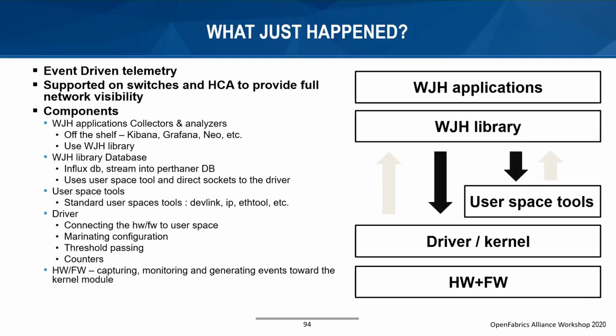The user can do whatever they like with that. The small box on the right side, the user space tool, brings me back to the first slide, where I said that we try to do everything inside the kernel, but if we can't, we do some stuff in user space. Currently for What Just Happened, we didn't add anything to the user space tool. However, it is there because we have to keep in mind that we need to support it.